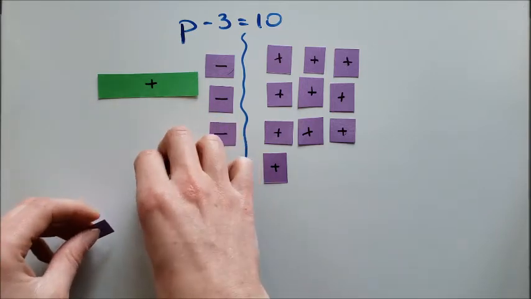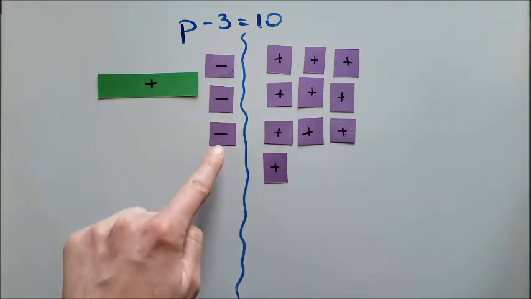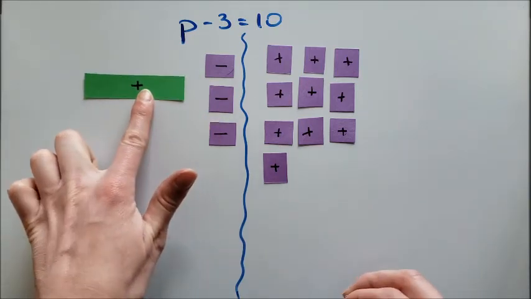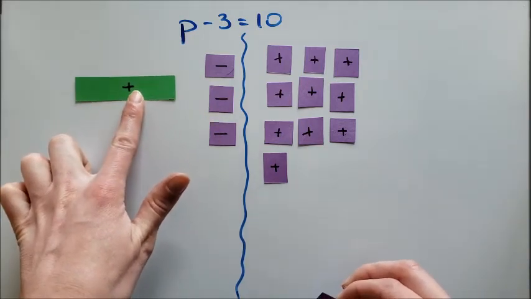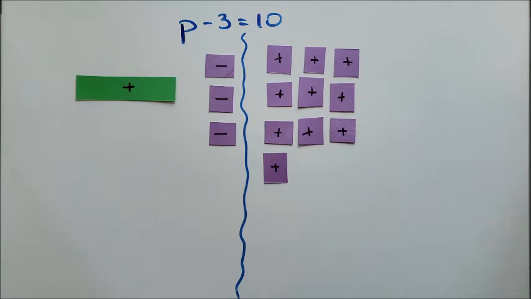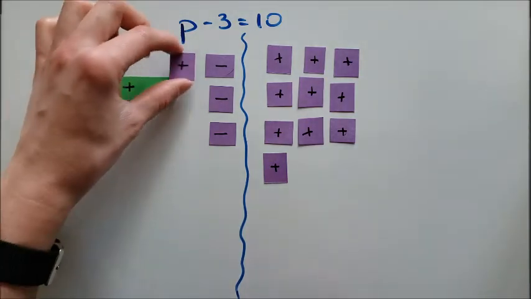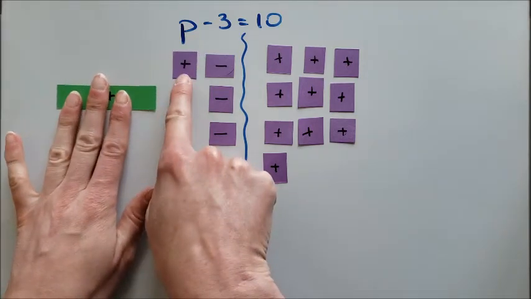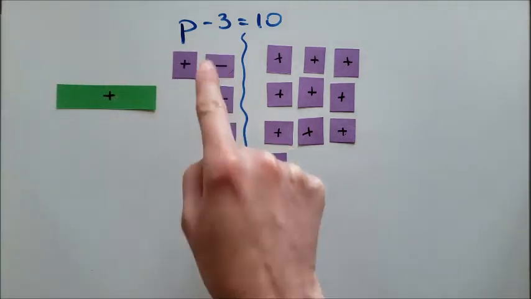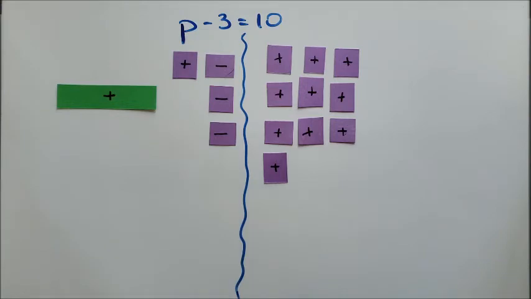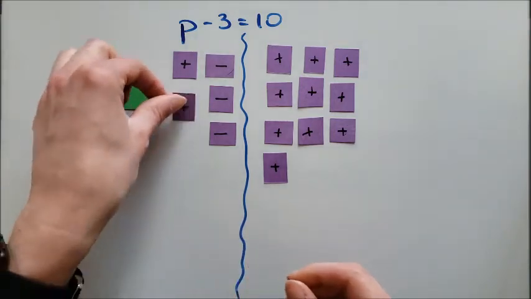I'm going to use that to create zero pairs here because I want to get my variable by itself. In order to do that, I need to get rid of those negatives. So if I have a positive and a negative, that's going to get rid of those ones. I can add another positive here